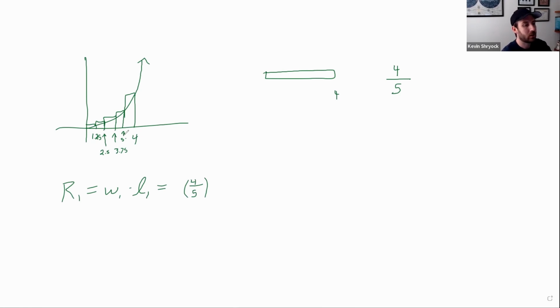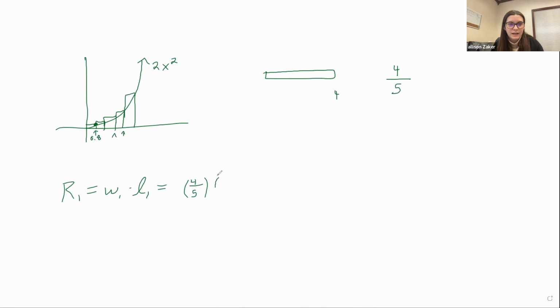What about the length? I need to go up to the curve, right? And the curve was at 2x squared. So if now I erase these numbers and instead I am at 0.8, what is the height above 0.8? How would I find that? So you would plug in 0.8 to the x. Yep. Because that's your x coordinate. So it'd be 0.8 times,